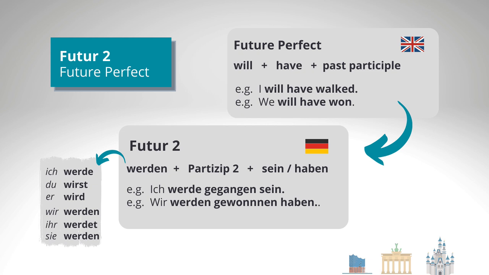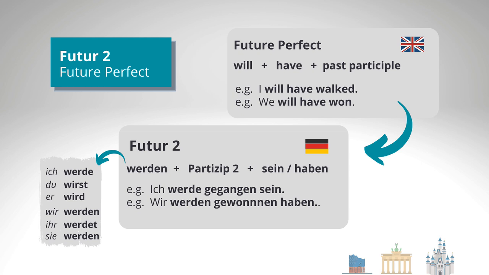Not only is it used exactly in the same situations as the future perfect in English, its structure is also pretty close. We start by using the Hilfsverb or auxiliary verb werden, which is almost like will in English, but there's the difference that werden needs to be conjugated. Ich werde, du wirst, sie es wird, wir werden, ihr werdet, and sie werden. And then after that we move on with the Partizip 2, the German version of the past participle. So unlike English, in the German Futur 2 we use the Partizip 2 at the second position, not at the